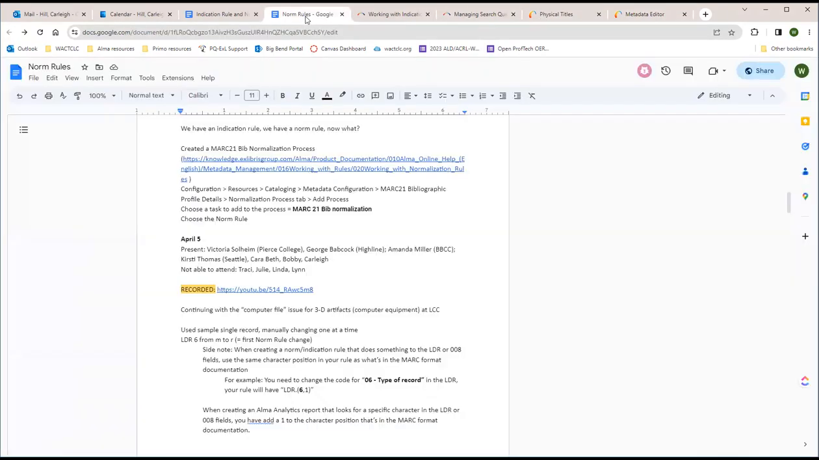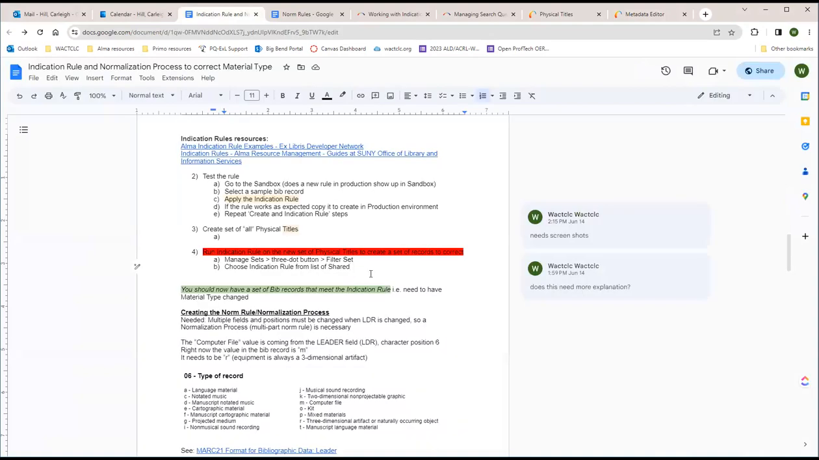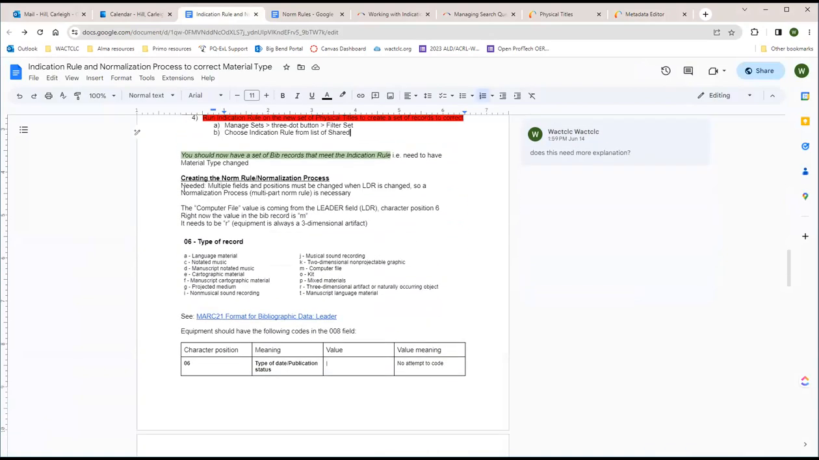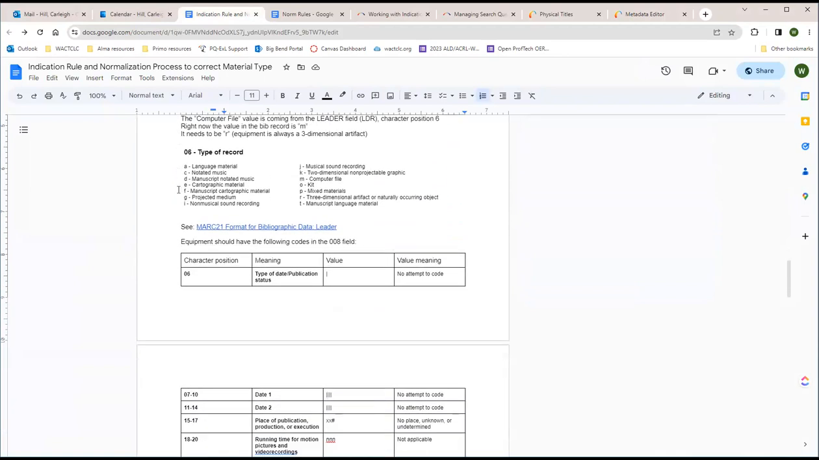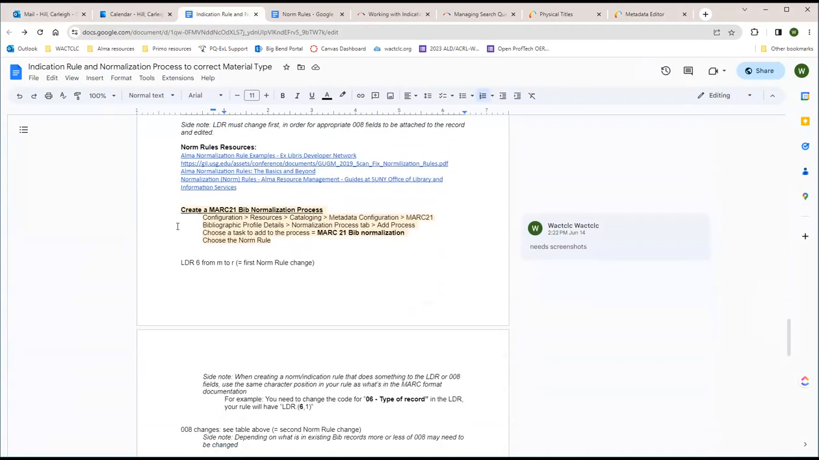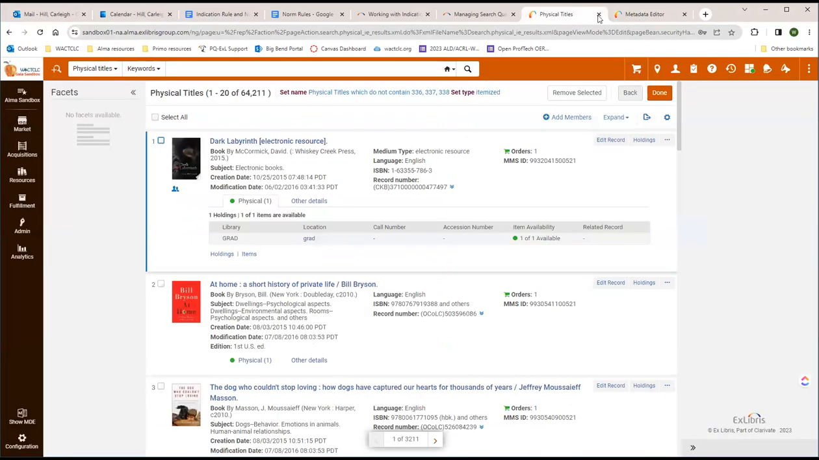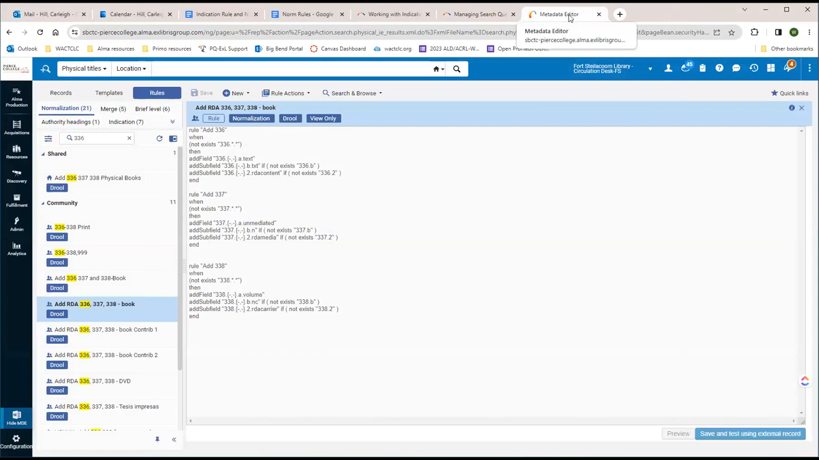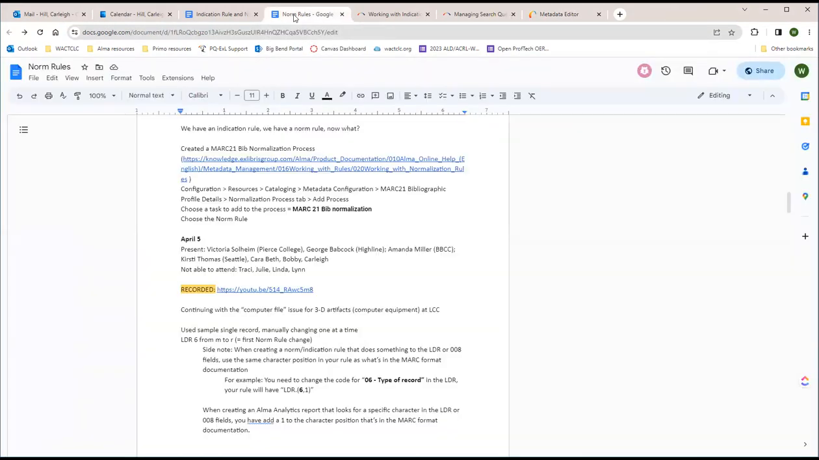I think we have directions in here on how to create a process. Yes, create the process. And there's that. So we do configure resources cataloging, choose task to add to the process, MARC 21 bib. Okay, so I'm gonna just close that. We'll just solve your problem, Victoria. Okay, so it said we go to,